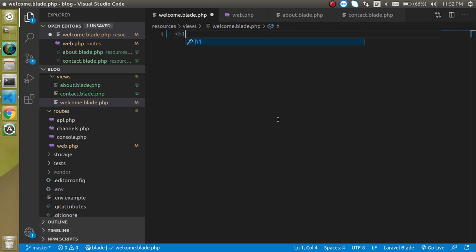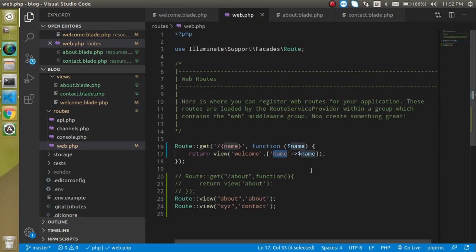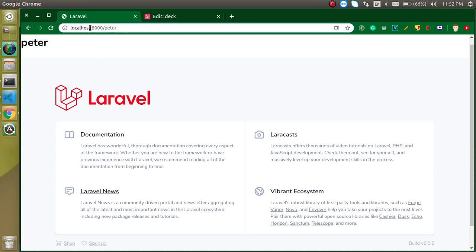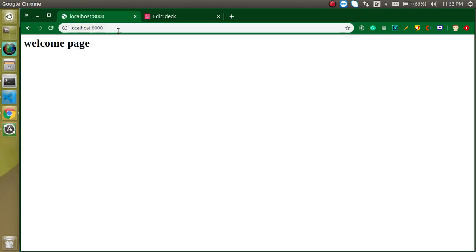And just make an h1 tag and put a welcome page kind of thing, and just remove this dynamic stuff for a moment, right? Let's just go with the default thing, and now you can see that we got the welcome page like this.